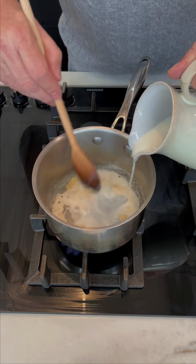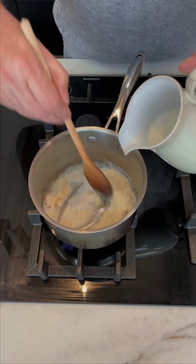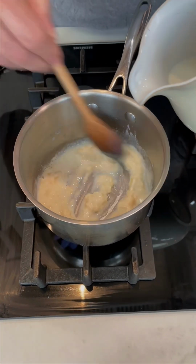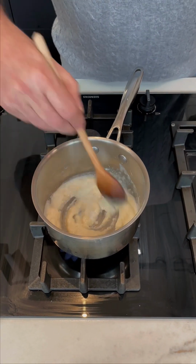So you see there, and then we're just going to add in a little bit of milk there. Put in a little bit at a time. If you put it all in together, you'll never get the lumps out. But if you build it up slowly, you'll end up with a completely smooth bechamel sauce. So when it gets to